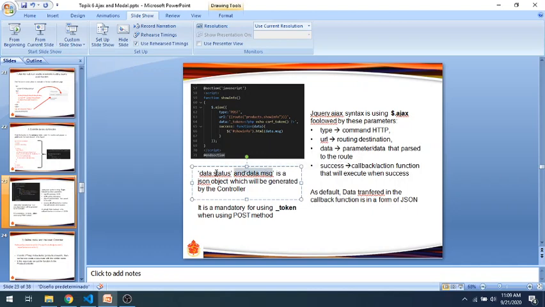Maybe the status we do not use yet. So, there is a token that must be used while we use the post method, and then the type is HTTP post, and then the URL is the routing. Data is the parameter, success is the callback function.